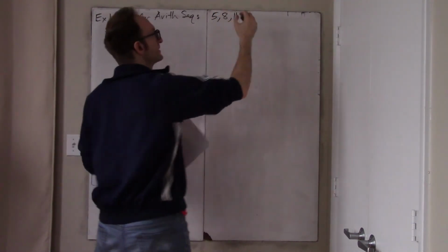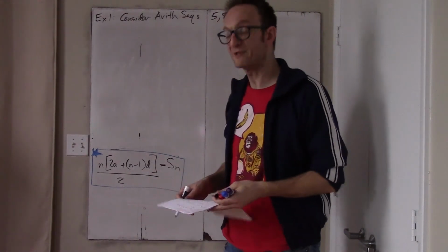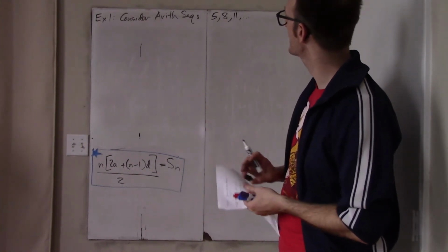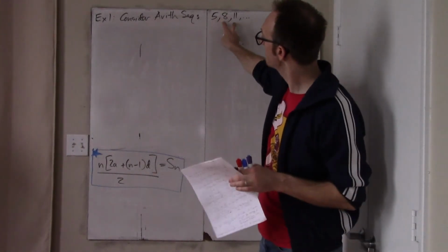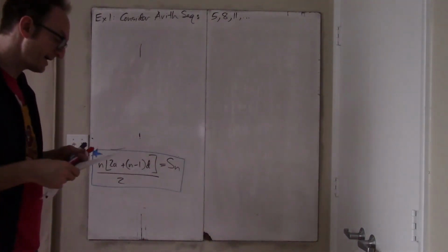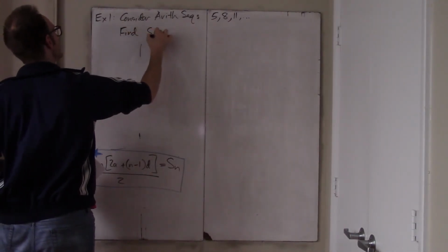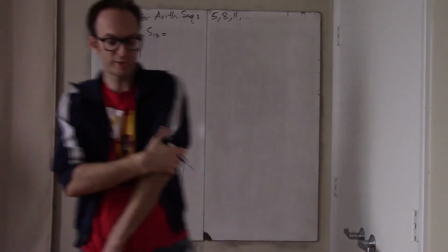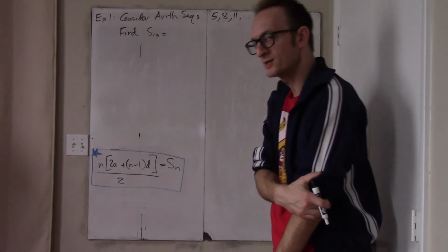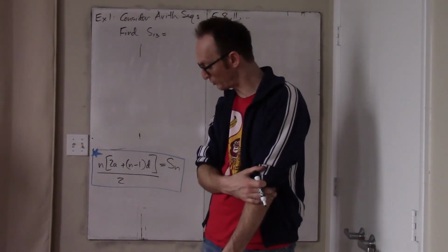Okay, and now the dots are not problematic because having told you that it's arithmetic, you don't need to guess what comes next, because the difference between 8 and 5 is 3, and the difference between 11 and 8 is 3. So that means I know what's coming. And the question is just, hey, find S sub 13. So what is the sum of the first 13 terms of this sequence? And I guess you have 2 ways to do this. You can use the formula, or you can do like a hashtag no formula approach to life.